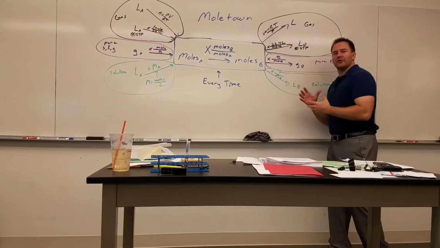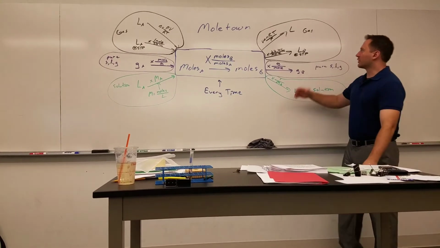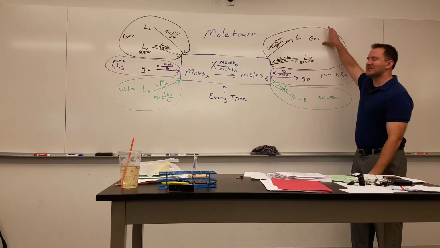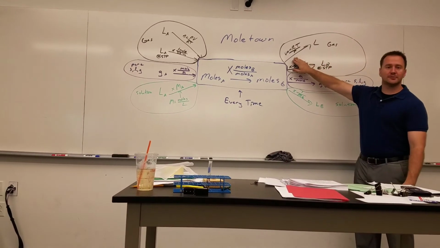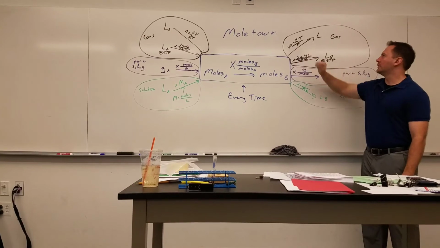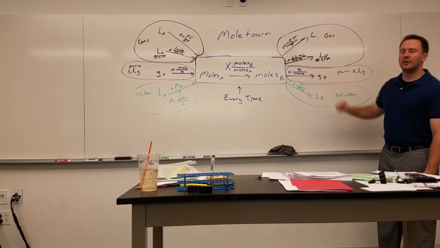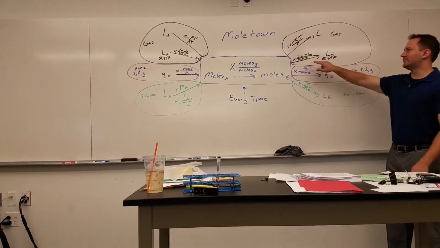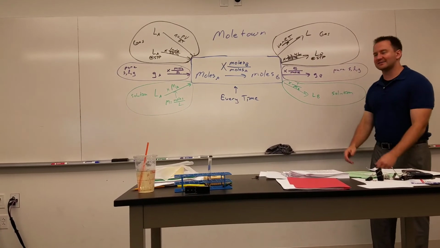Now that we've made it all the way to our destination, we have to answer the question. So if the question's asking us for liters of gas, if it's not at STP, we have to rearrange PV = nRT to get volume. So we multiply moles, gas constant, and temperature, and divide by the pressure. If we're at STP, just multiply by 22.4 liters, because that's how much a mole of gas takes up at